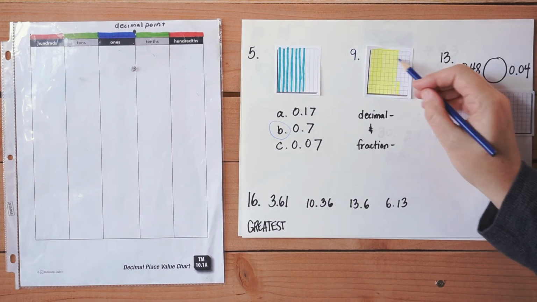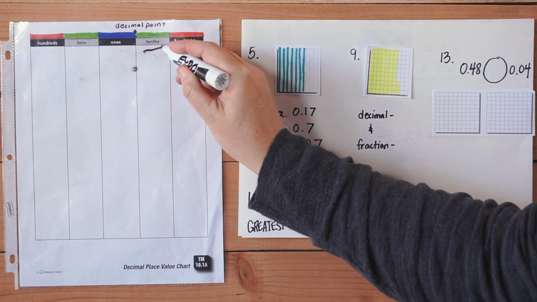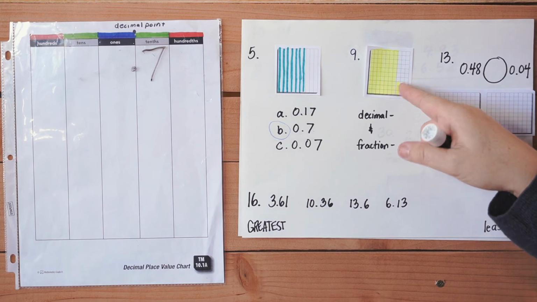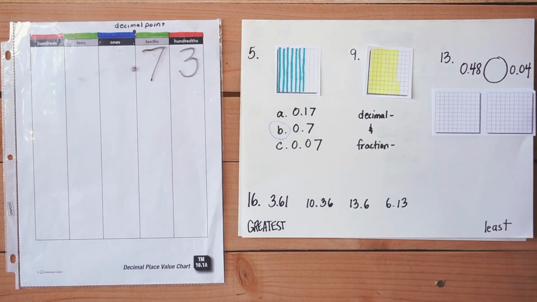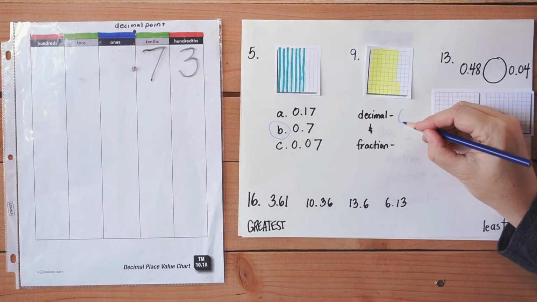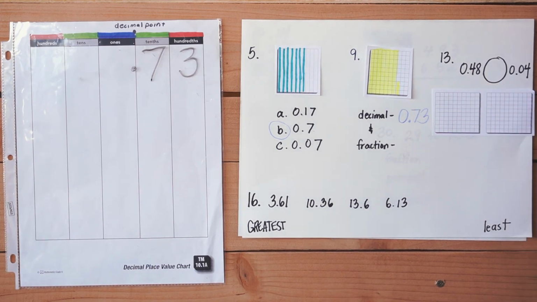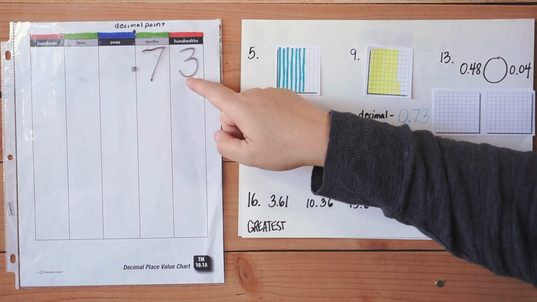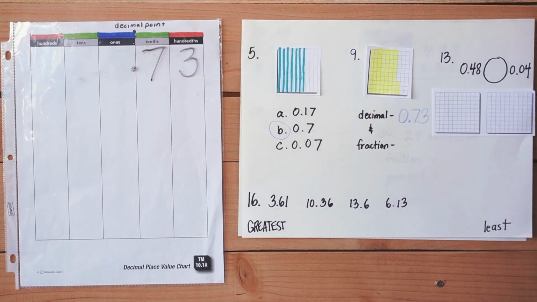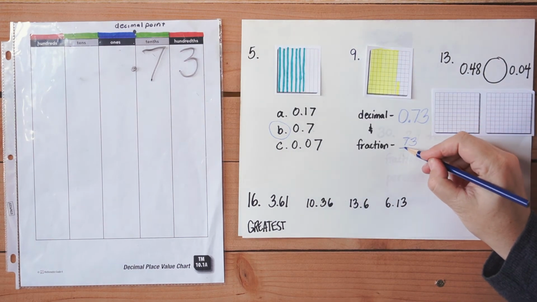So that means we had 7 tenths, and then we had 3 ones. So in decimal form, we're going to put 0.73, and then for the fraction, we see that it's 73 hundredths, so that's going to be 73 over